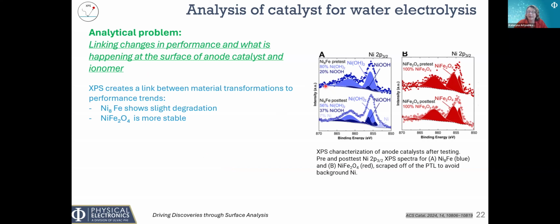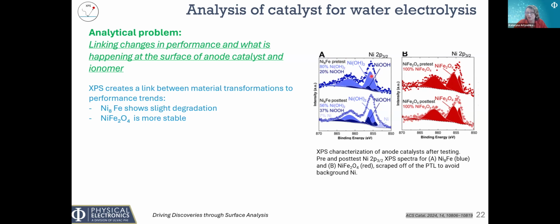This is a great example highlighting how powerful the chemical information is that you can obtain from XPS spectra. We have two different catalysts here that scientists have synthesized, and they analyzed the chemistry before test and after test. And you can see that there are curve fit results that are used to try to understand the